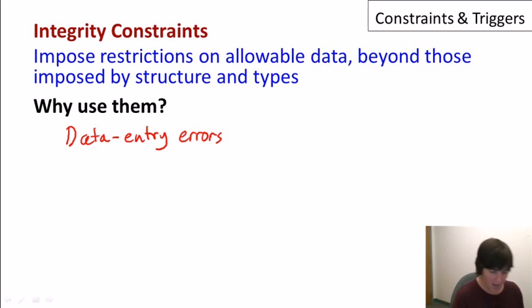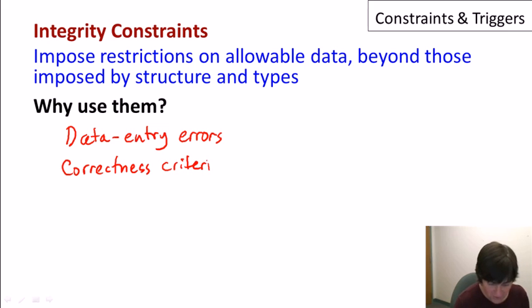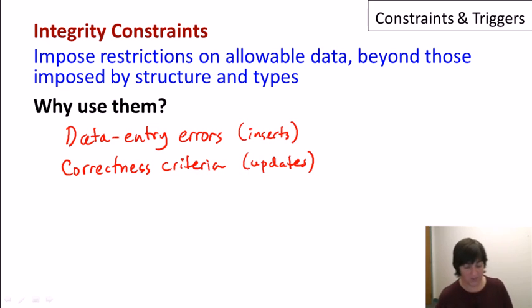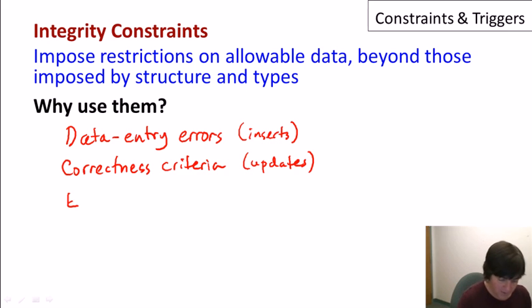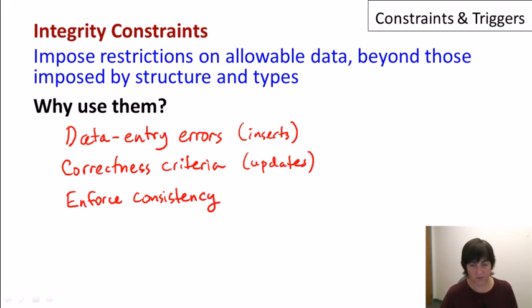in the database system. A sort of similar example is as correctness criteria. So data entry errors would be typically for inserts, where correctness criteria might be for updates. So if we're modifying the database, for example, we update a GPA or an enrollment, if we're checking our constraints, that will make sure that our updates are correct. They don't have errors. Another use of constraints is to enforce consistency. So we might have copies of data in the database in different places, or some data that relies on other data. And so when we have that situation, consistency, we could have constraints that specify the consistency requirements and are